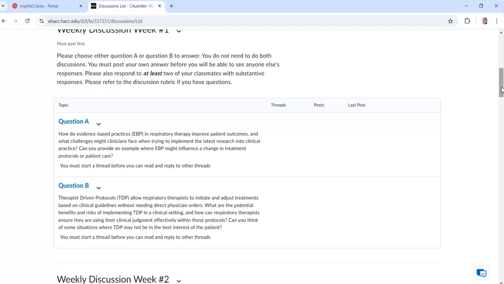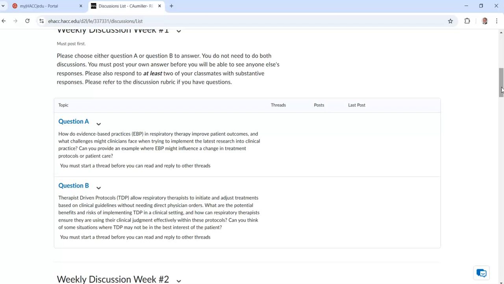This gives you an option if one type of question is a little more appealing to you than the other. And please make sure that you are responding appropriately so that it creates discussion. We want to make sure that this gets you to think about things in a different way. There's no right or wrong way to answer these questions. But put some thought into it and put some meaning into your responses so that it's just like having a discussion in the classroom.